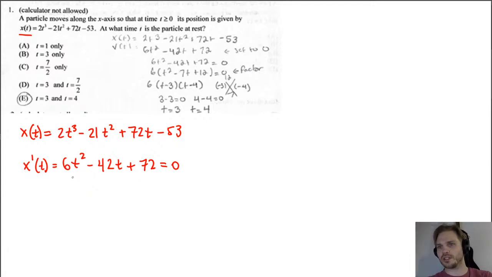Just looking at this really quickly, it looks like all of these are divisible by 6. So I'm going to go ahead and divide both sides by 6. So I get t squared minus